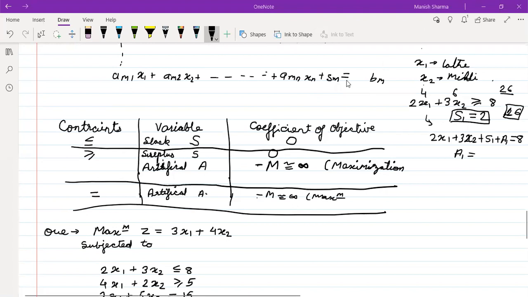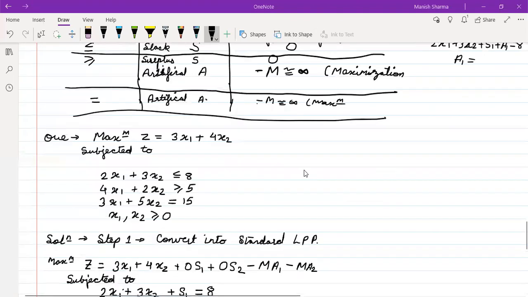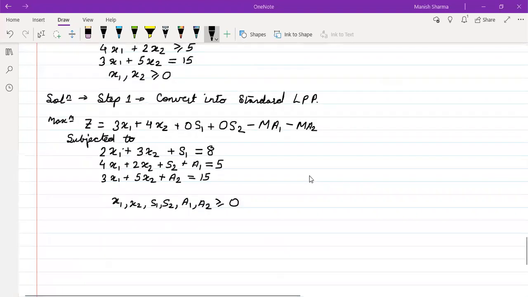Okay, sir. So any other doubts, students? Please ask your doubts here itself, because after this the pattern remains the same. There is no change in the simplex or big M method. There is no difference in it. The only difference is in the adding of artificial and slack variables. Somebody was asking something.